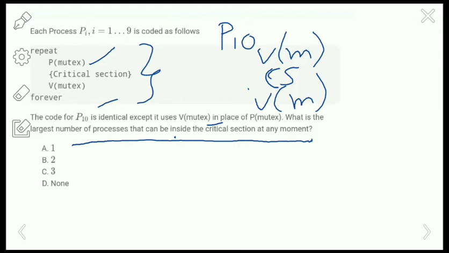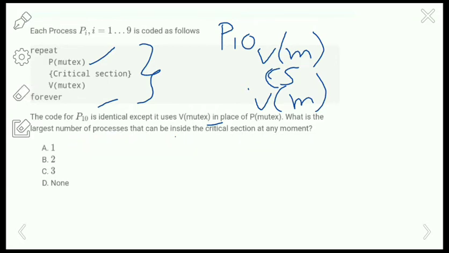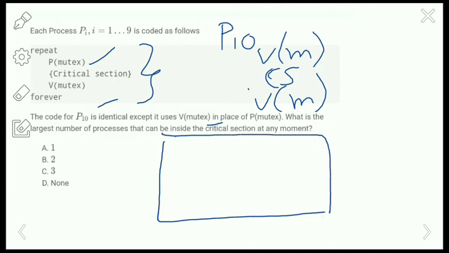See, here we are going to run the while loop for the process P1, that is the first process. So we are going to execute the first process. This is the critical section.